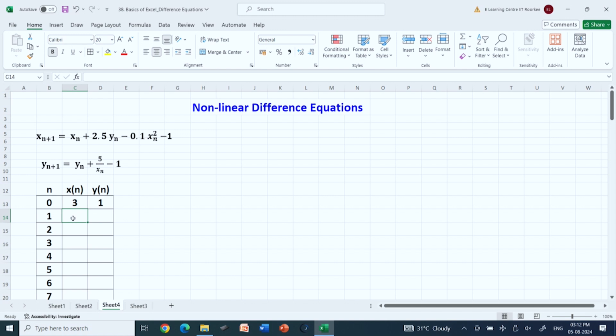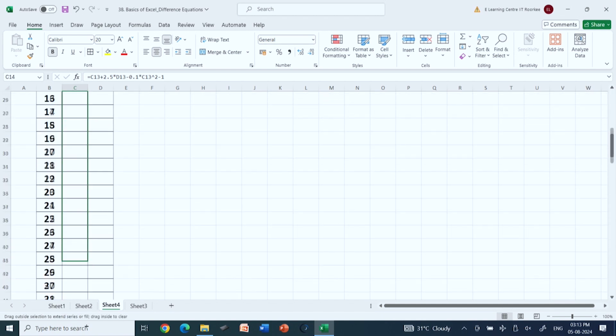Then this is equal to xn, which is this, plus 2.5 multiplied by yn, minus 0.1 times xn square, minus 1. So, I get this value. Let me drag